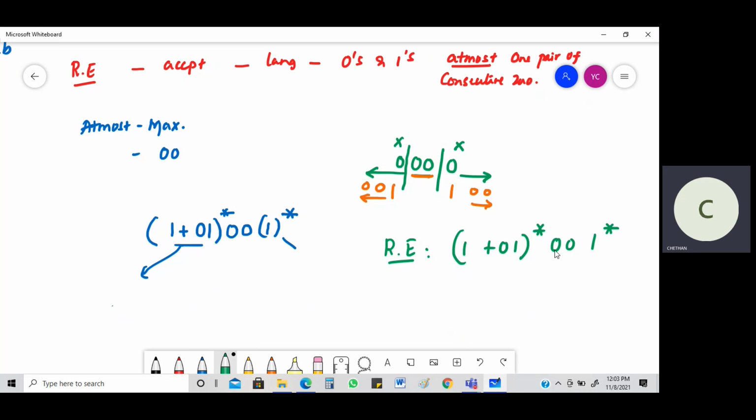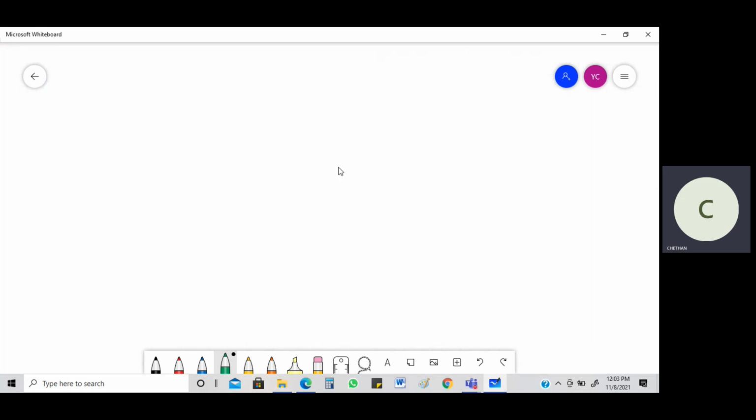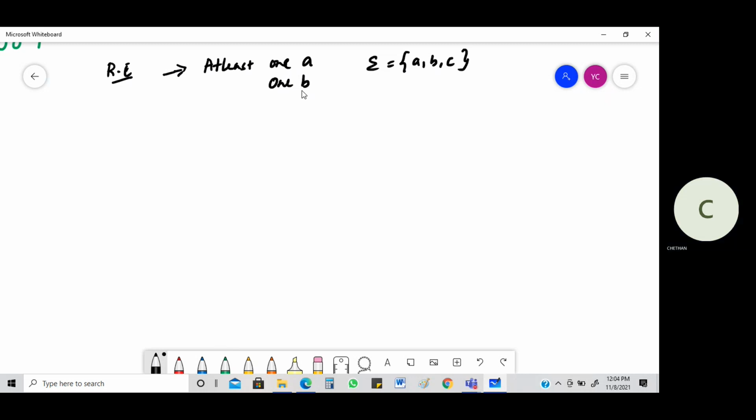Okay, so let's take one more example. What is the thing that you see here? You need to get a regular expression to accept a language containing what? The thing they are saying very clearly is, understand the question, at least 1 A and at least 1 B from a set of strings over A, B, C. So this is what you need to keep in mind. You need to have at least 1 A, at least 1 B. What is the meaning of at least 1 A, 1 B? You have to have one or more